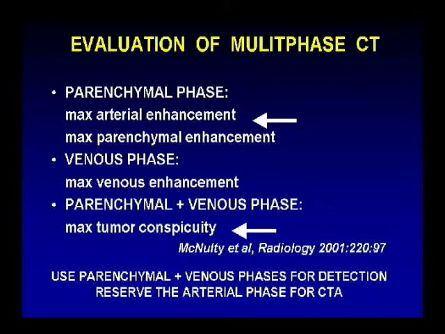This is a study I'll go through briefly, but basically what it shows is that maximum arterial enhancement actually occurs during the parenchymal phase, and maximum tumor conspicuity for lesion detection is in the parenchymal and venous phase. So the recommendation here is to only perform the arterial phase if you're looking to perform a CT